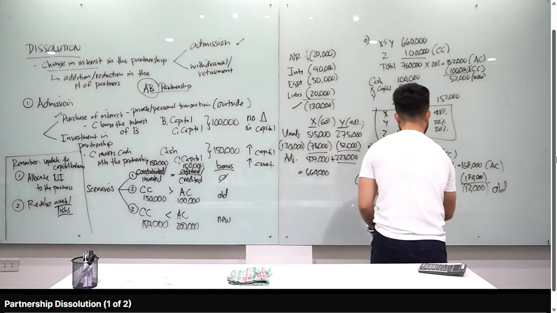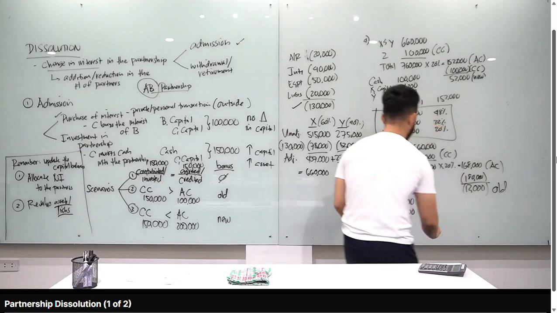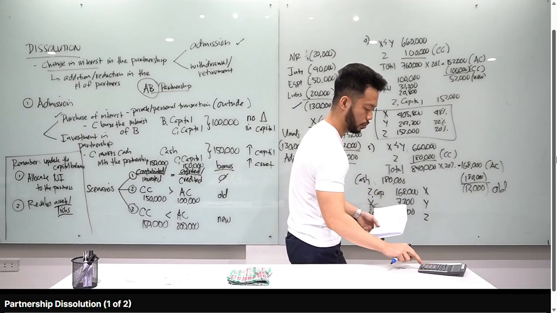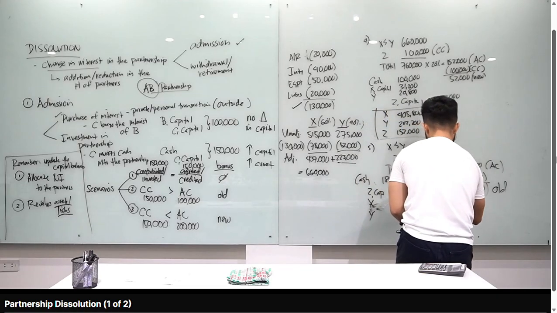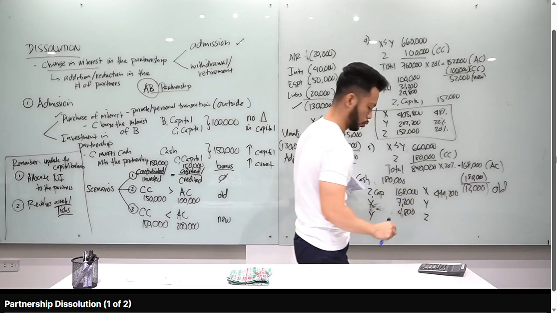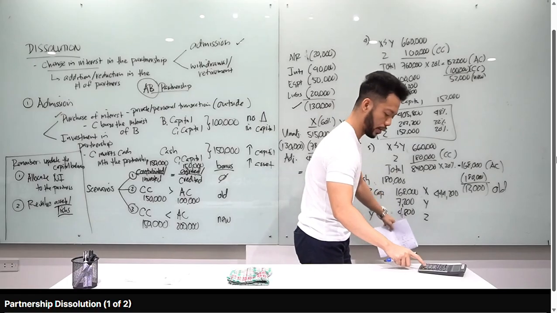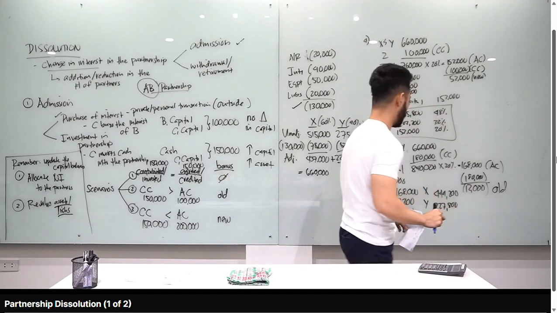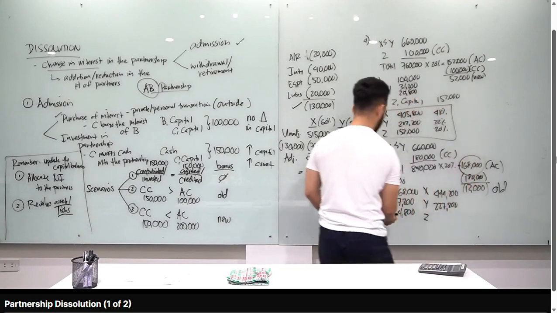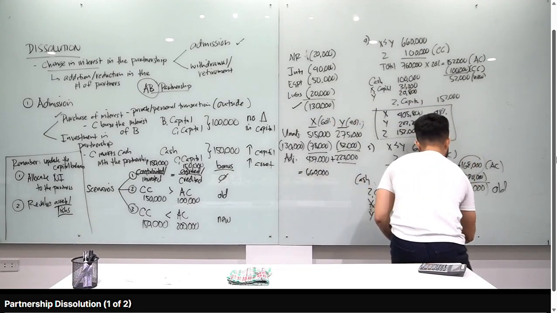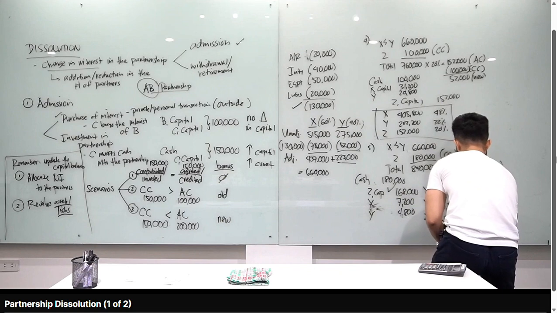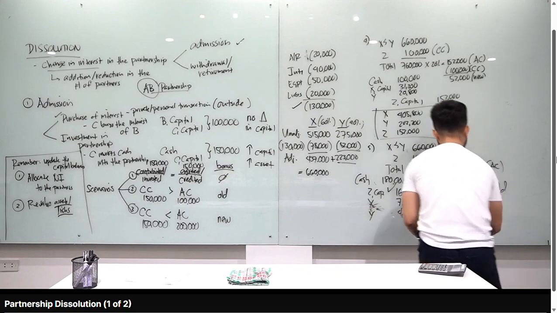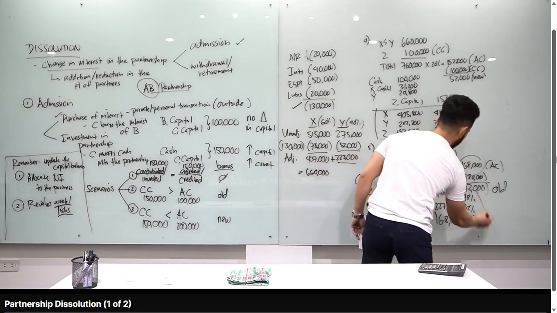Let's take a look at their capital balances: X, Y, and Z. X has 437. Let's add 72 plus 72. You get 444,200. Y, 223,000 plus 48, 227,800. And then Z: what was credited to him is 168,000. Z has a 20% interest, therefore X and Y will share the 80%: 48% P&L for X, 32% P&L for Y. Final answers for scenario 5.